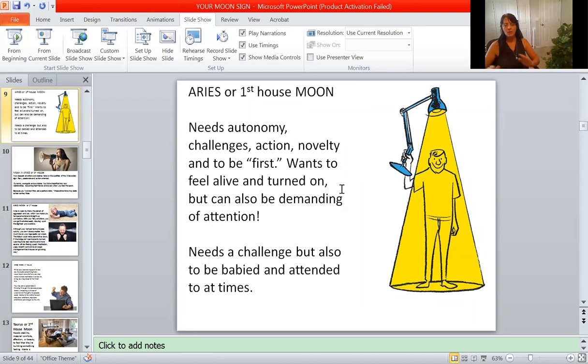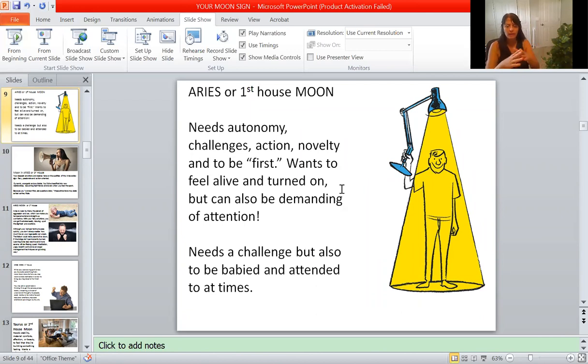So we're going to look at these. Same thing with if you have a Taurus moon in the second house, that would be very similar, or a Gemini moon in the third house, that's the same. But most people probably don't, they probably have it the other way around, but nonetheless. So Aries moon or a first house moon. So you could have a moon in Cancer, but in the first house, and it takes on a little bit more of an Aries feel. So this is why you have to combine things.